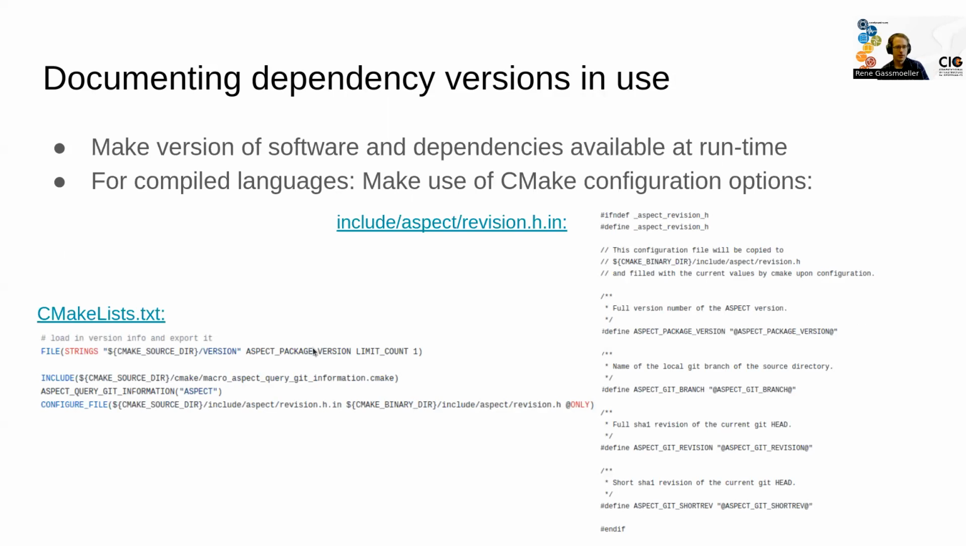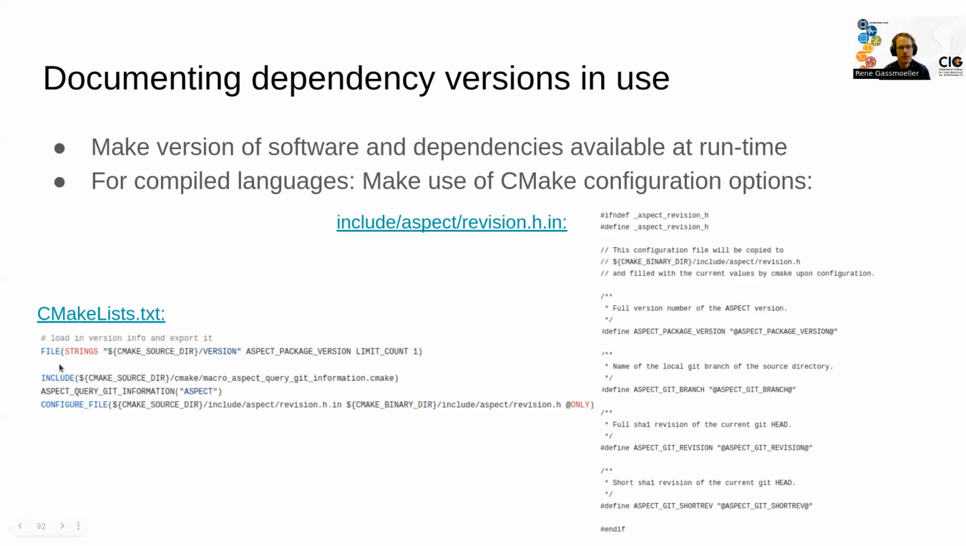For, say, C++ code, that's harder to achieve, but it's possible with CMake. You can specify incomplete header files that contain specific directives that start and end with an @ sign. So in this case, take a look at the line that I'm hovering over here. You can define a certain macro in a C++ code, give it a certain name, and then specify the value as a CMake macro that will be replaced during configuration time of your software